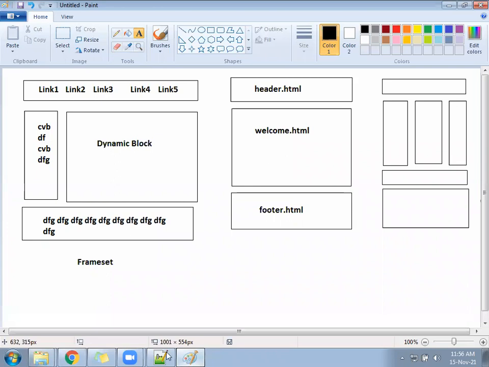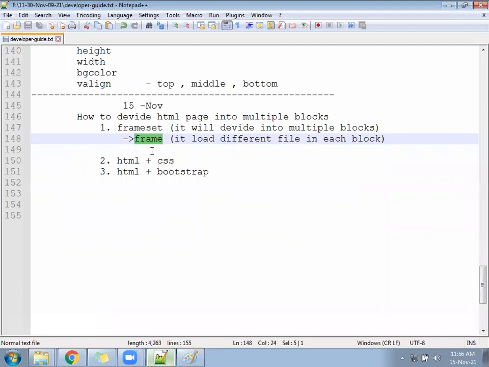So we have discussed one method called frame set. Another method is HTML plus CSS, where we write the CSS code and HTML divides into multiple blocks. And another one is HTML plus Bootstrap. What problem will you have? If you are following the first method, that is frame set, performance is very good because it's asynchronous.